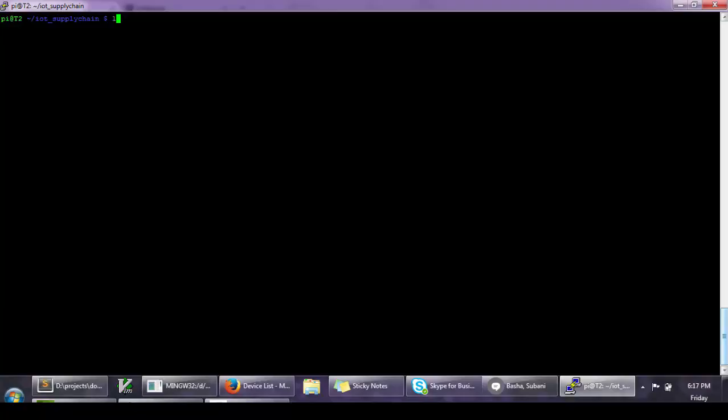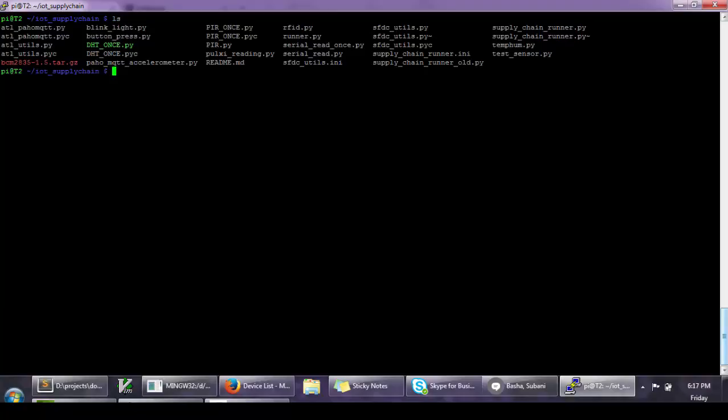So let me start with the Python code that we have, which is running in the Raspberry Pi, or rather our gateway, to push the data to the cloud using MQTT. So we have one file called supplychain.python code,